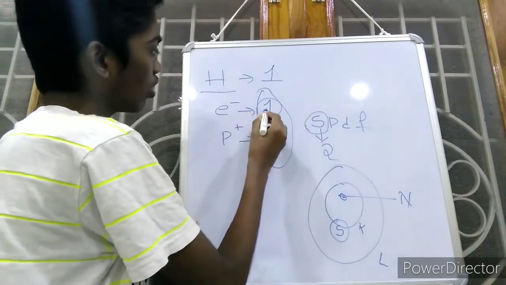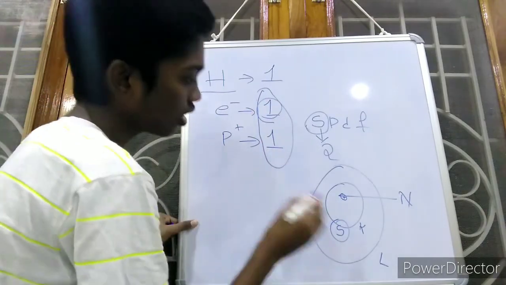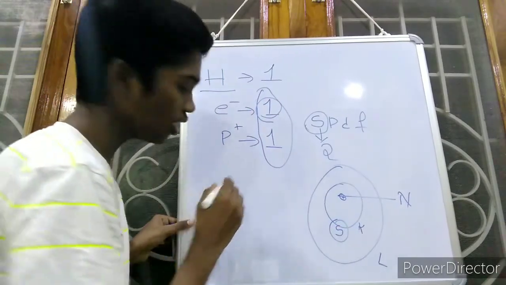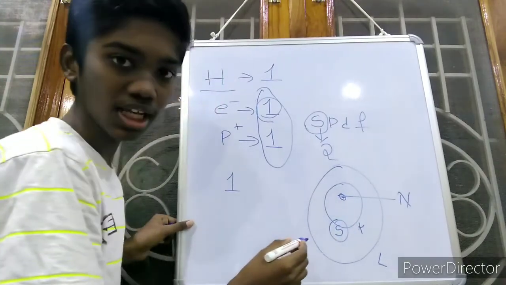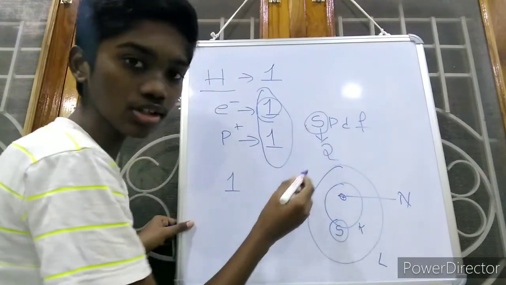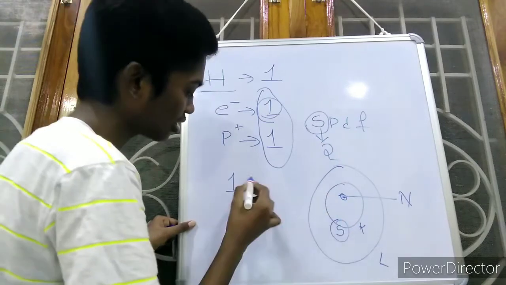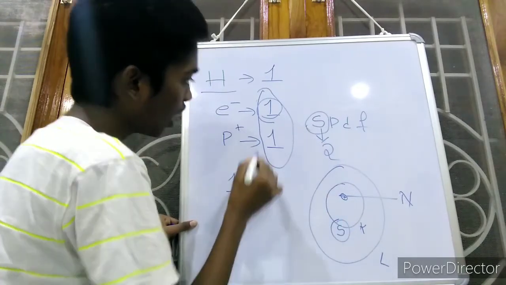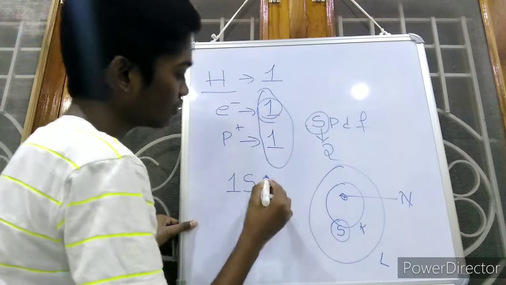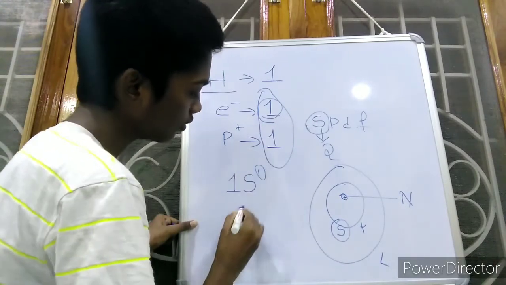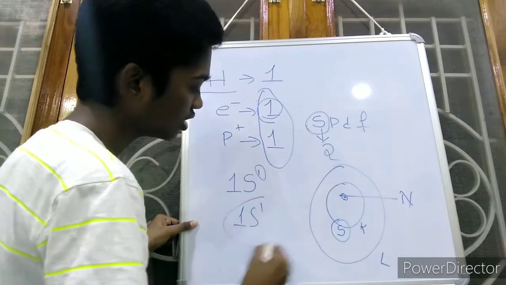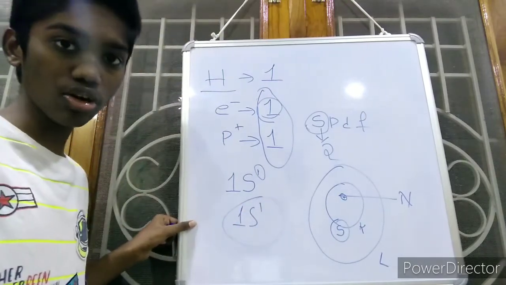We have 1 electron in hydrogen. As the K shell is the first shell, we need to write 1. And here we are taking subshell s. Why? Because this is the first subshell. So we are taking the subshell s, 1s, and we have the number of electrons as 1. Here we have to write the number of electrons as a superscript: 1s1. So this is the electronic configuration of the hydrogen atom.